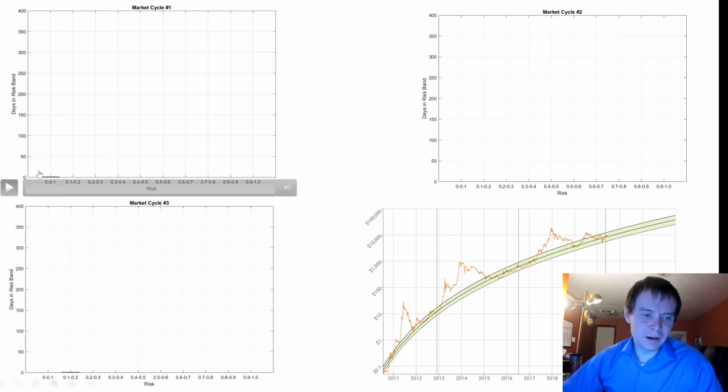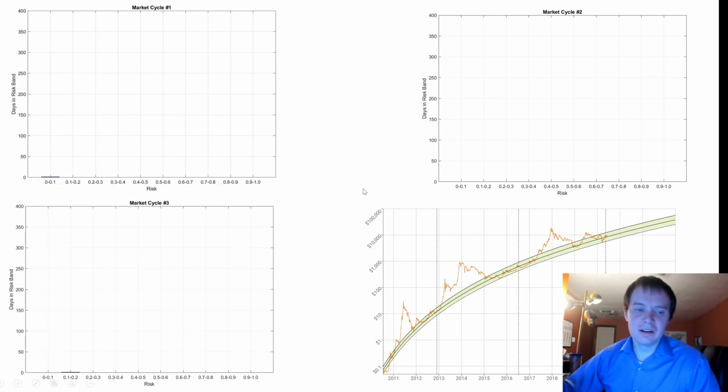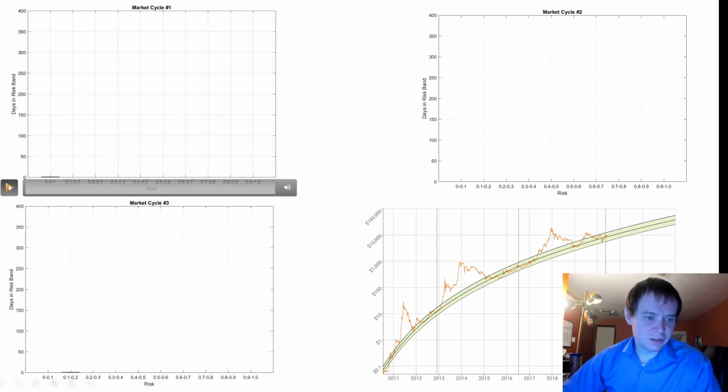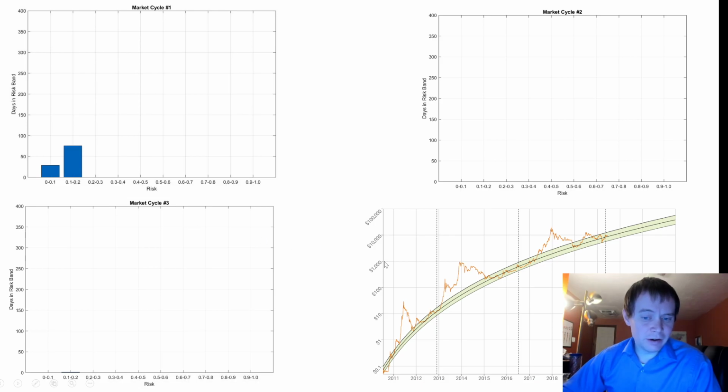It's going to fill out the number of days in each risk band, so then you can live it, in a sense. You can live what was going on during that time, how many times we went to one risk band and came back. So you can watch that. Let me go ahead and start it. So this is the first market cycle. You can see, about a month or so in the first band, a couple months so far in the second